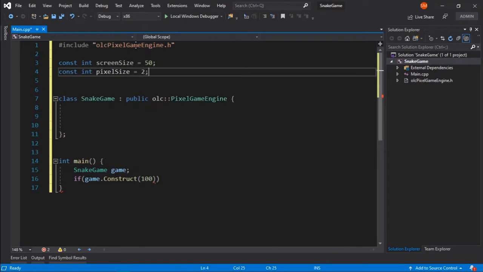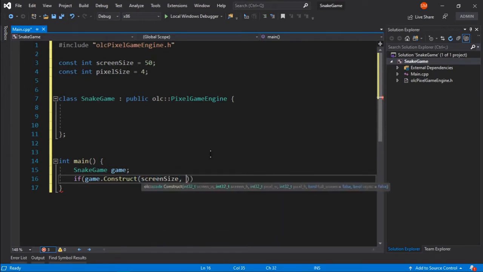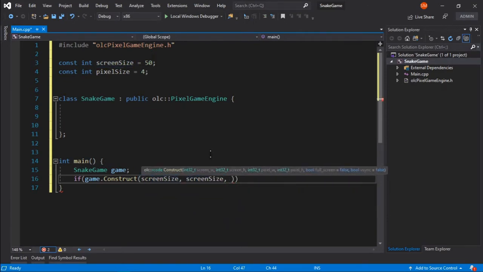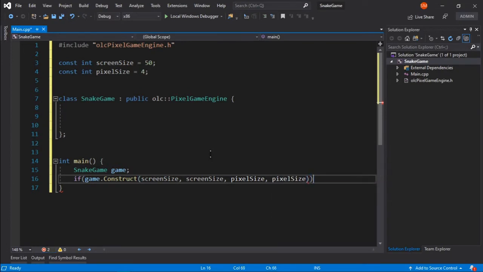Okay, so not 2 but 4 blocks. So what I can do is pass these things here. I will just say screen size comma screen size, and then pixel size comma pixel size, for the width and height of the screen and the width and height of the pixel.